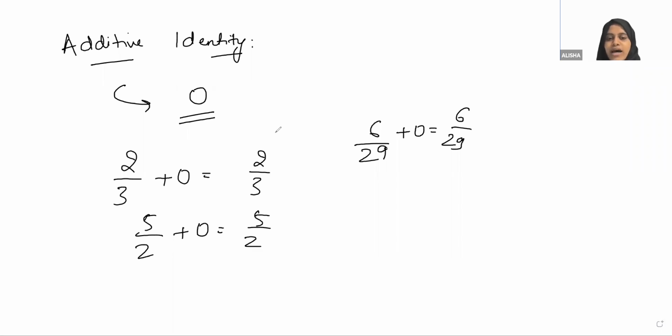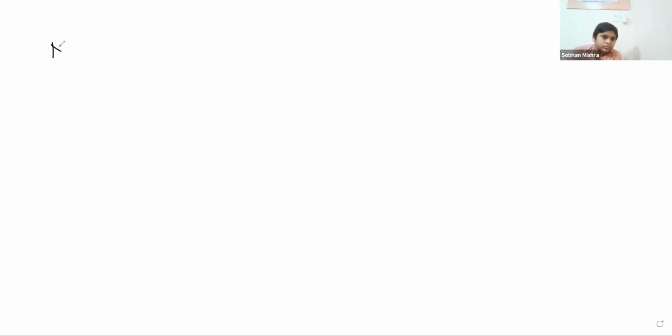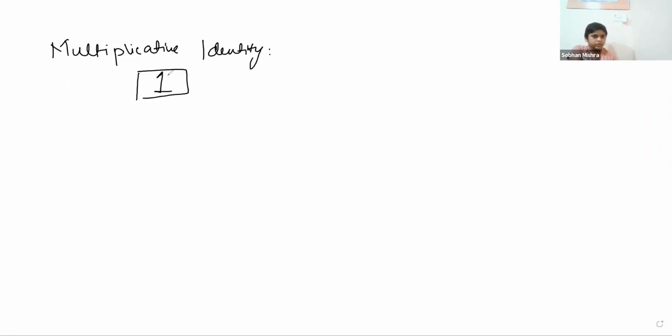if I add 0 to any rational number, the outcome would be the same as the rational number, right? So that's why the additive identity for rational numbers is 0, right or wrong? Yes. Same case for the multiplicative identity, 1. Why? Because if I multiply 1 with any rational number, the outcome would be